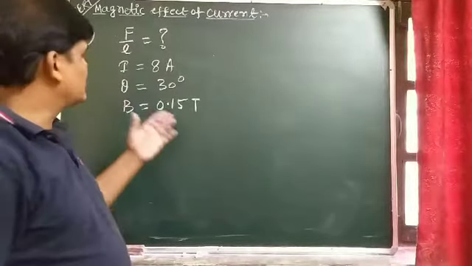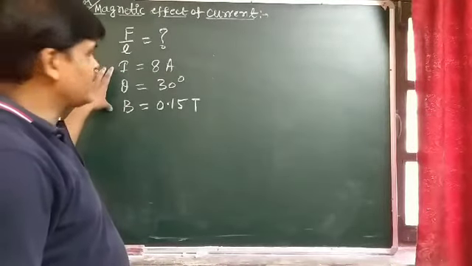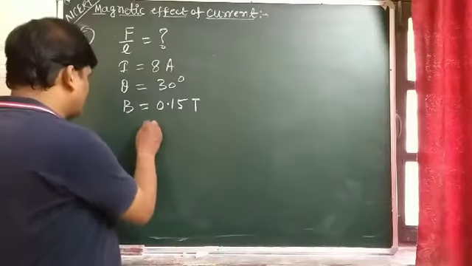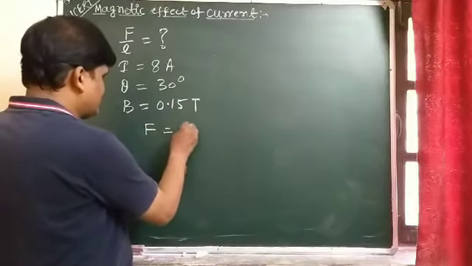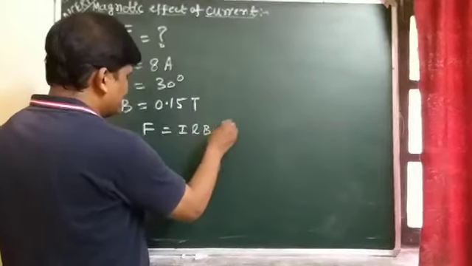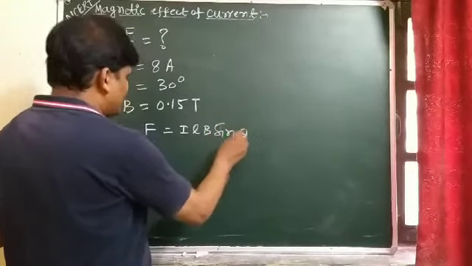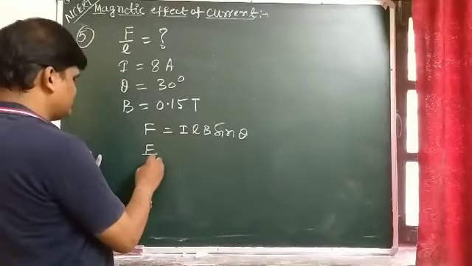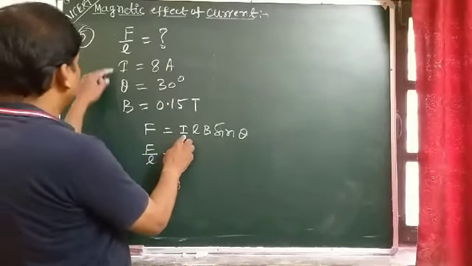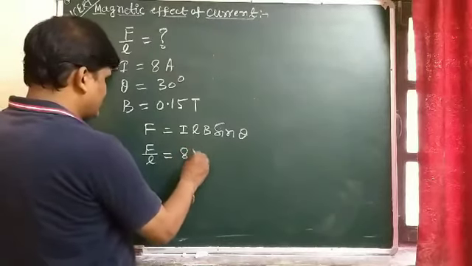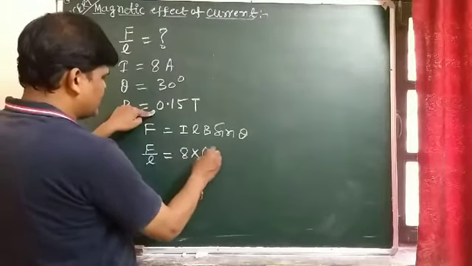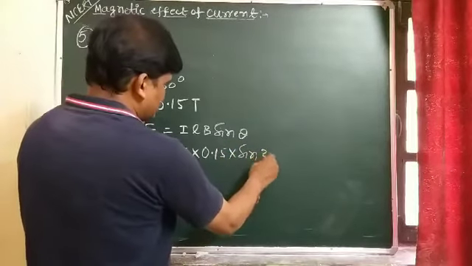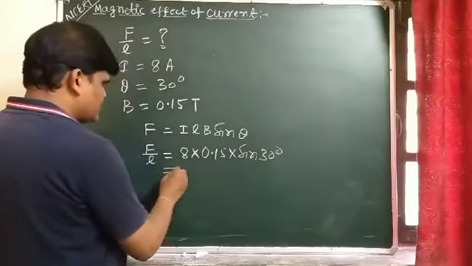when a current carrying conductor is placed into the uniform magnetic field, it experiences force, and magnitude of force is F equal to I L B sin theta, and we have to find force per unit length. So F divided by L equals I, that is 8, magnetic field, that is Tesla 0.15, and sin 30 degree. So